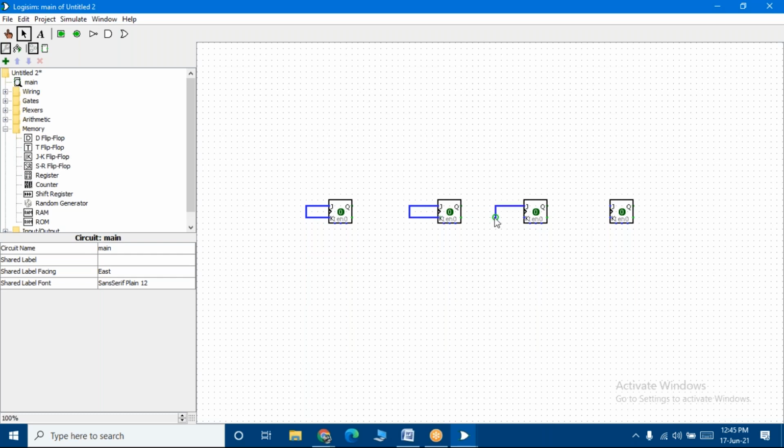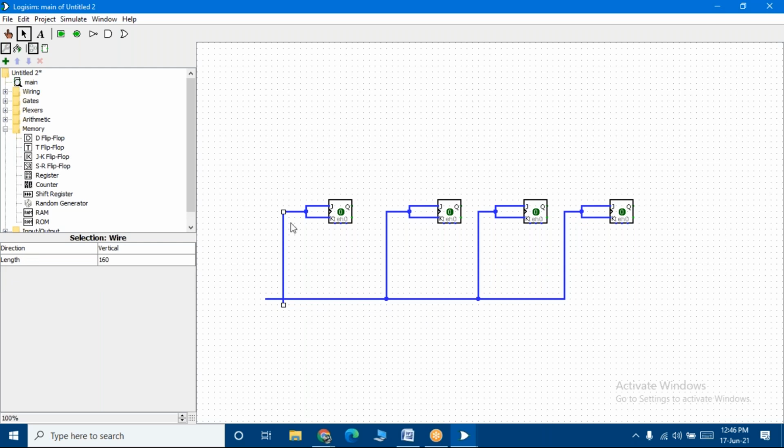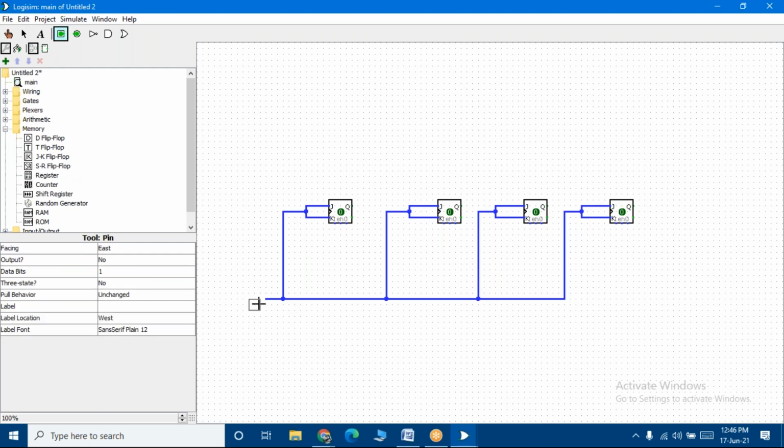So J and K I am shorting. Let me go ahead and short this, and let me select the input output, place it here and connect it to here.